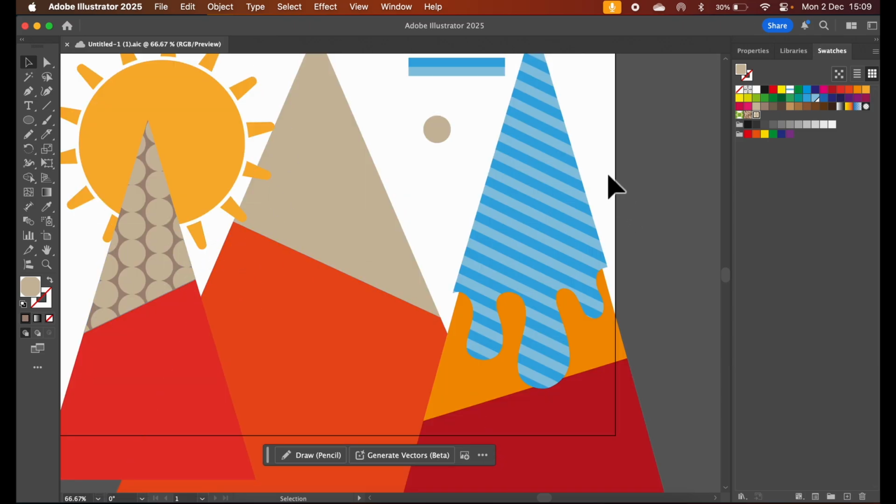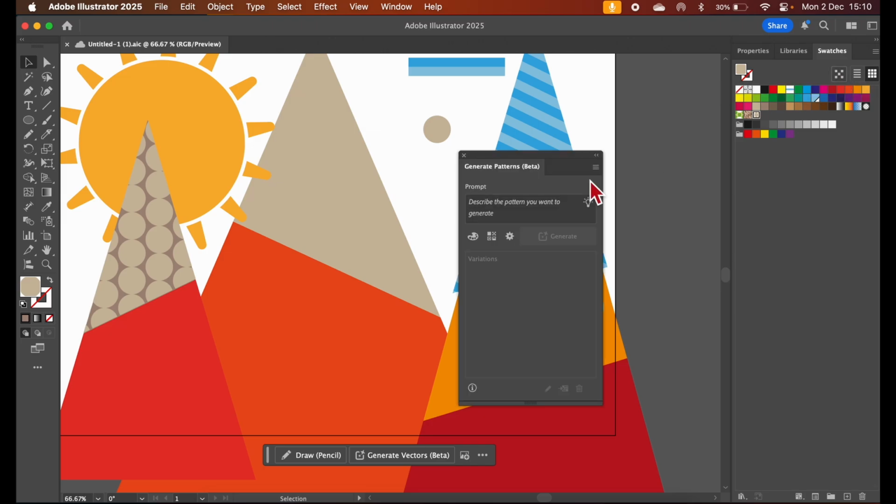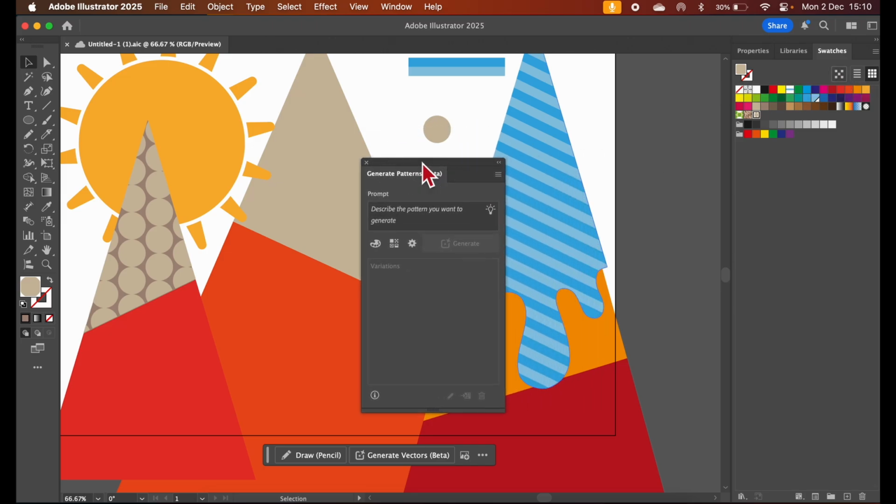So where's the 2025 feature that you were talking about, Tim? Well, if you go over here, there's a third button, and if you click on that, you can actually generate a pattern over here by describing it. So let me try this again. So light brown